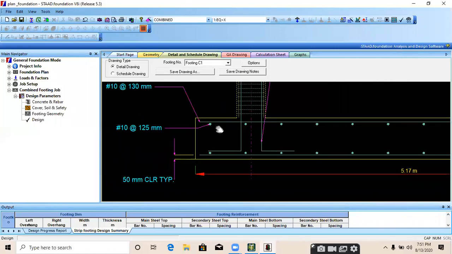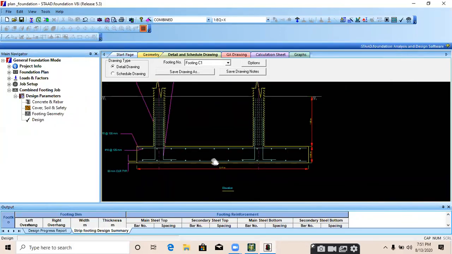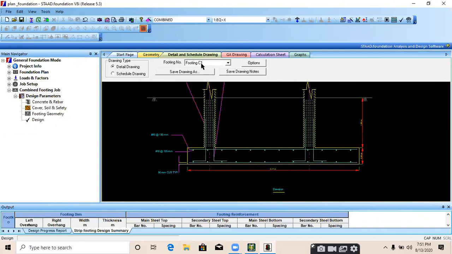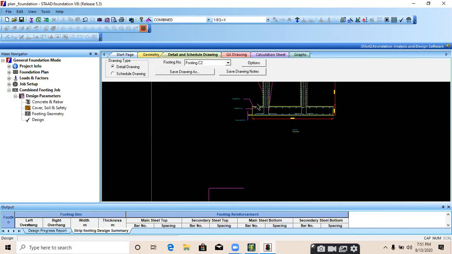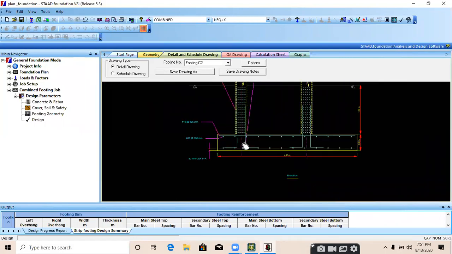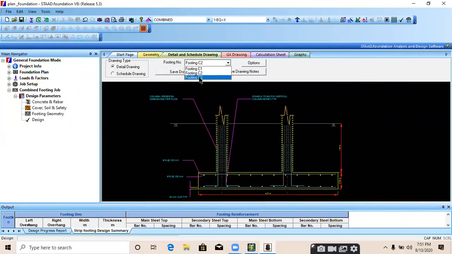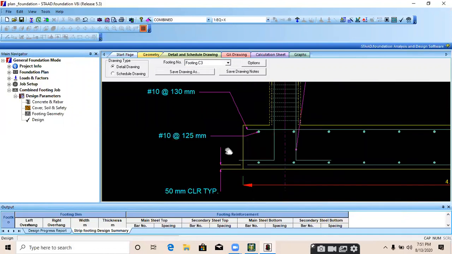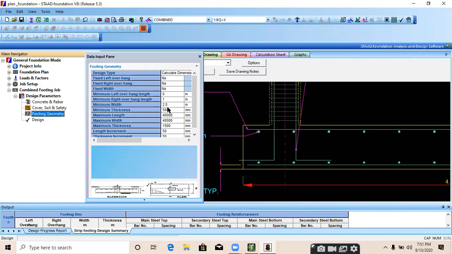It gives me like that. The development length which I required, it is provided the length up to that, the development length, okay? I'm providing the length increment as 0.